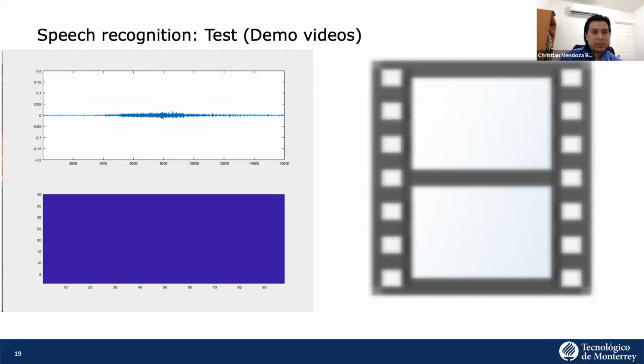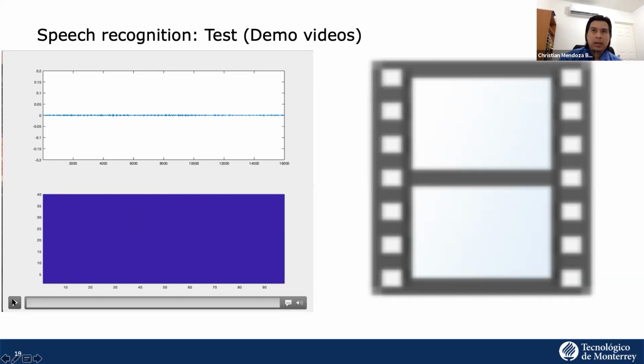All right, so that was the first example. As you can see, most of the times it detects the word and tells you the label of what the model thinks the word is. It's actually my voice in this example.